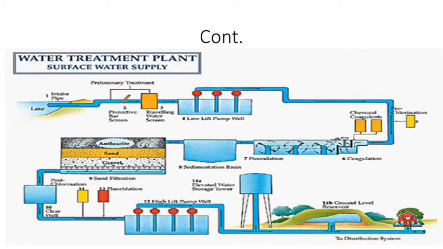Okay, so in the previous lecture we discussed the filtration process. These are all the units of the water treatment plant. In that we discussed the source of the water, then the screening chamber, or you can say the screen. After that, the aeration process. Next is the plain sedimentation process. Next, the sedimentation with coagulation process, and after that, the coagulation flocculation process, and the next one is the filtration process.